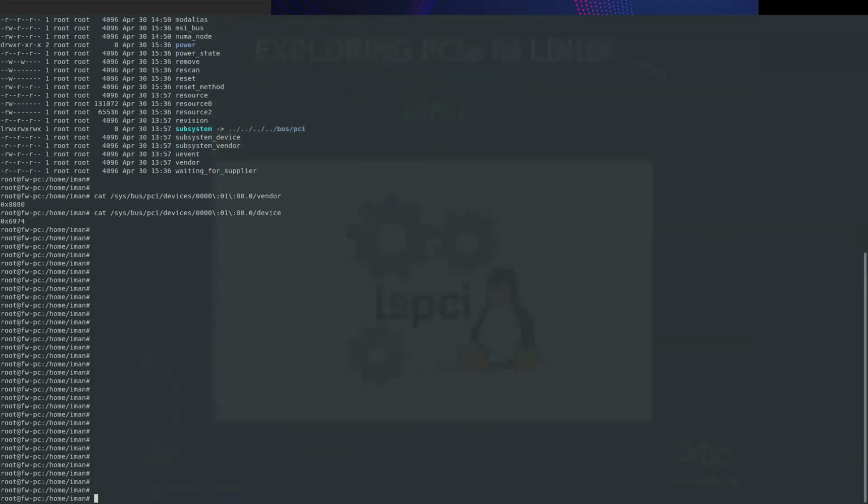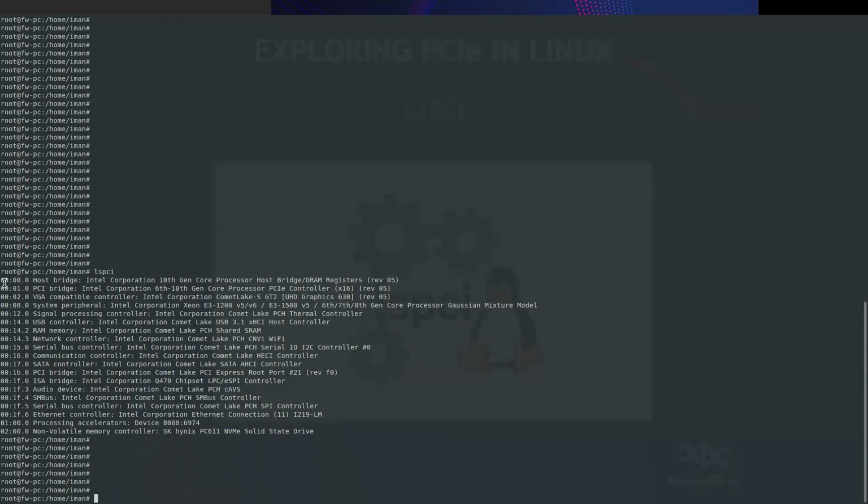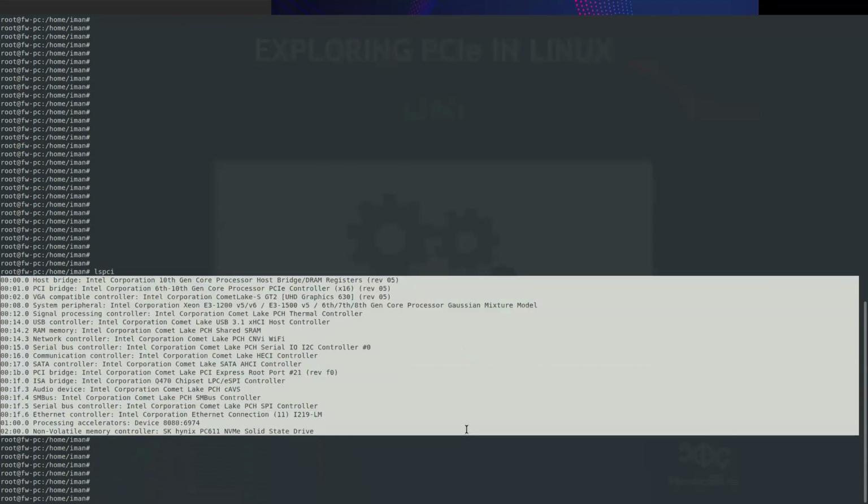Okay, for example, here we have lspci. This command is actually part of the pciutils package that all the vendors like Ubuntu, and even your embedded Linux, can include in your design and use. By simply using lspci, it provides a list of all switches, bridges, and all devices in my system.